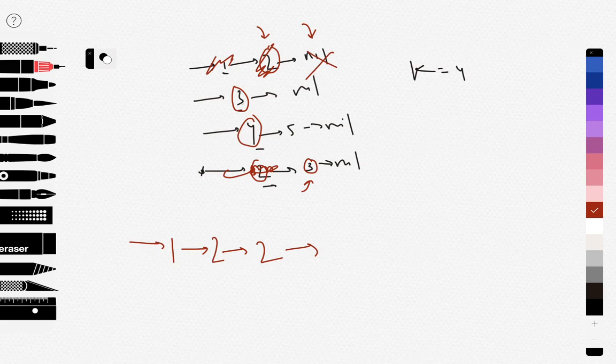And out of these 3, 4 and 3, the smallest value is 3, so this will be 3, and let's say that it will now point to nil, so just ignore this again. And now again out of these left 2, the smallest is 3, so this points to 3, this goes further, which is nil. Now we are left with only this linked list, and we simply append this linked list. So it will be 4, and then it will be 5, and it will be nil. So this is how we do this.